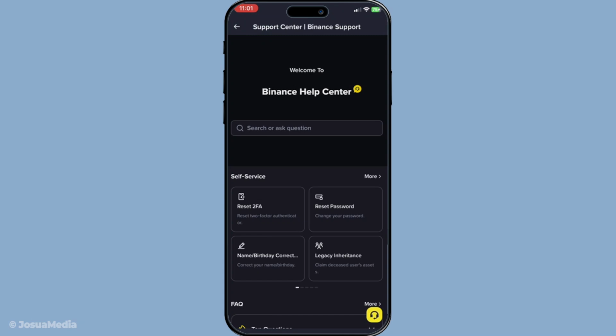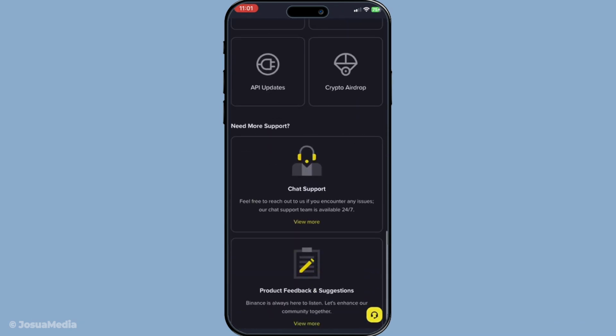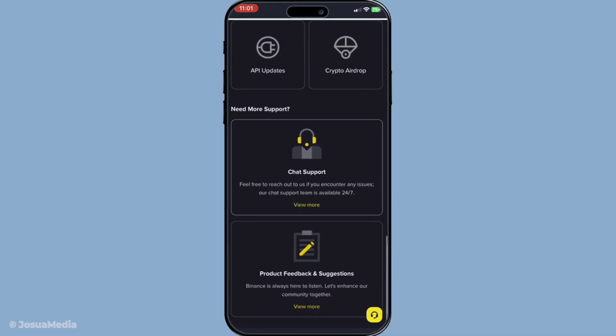I hope you found these steps helpful. By following through, you should be well on your way to resolving the network anomaly error on Binance and getting back to your trading